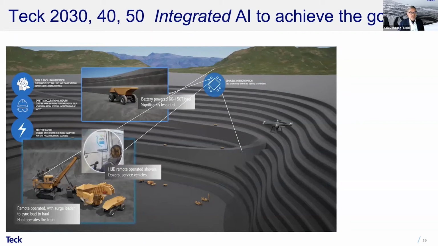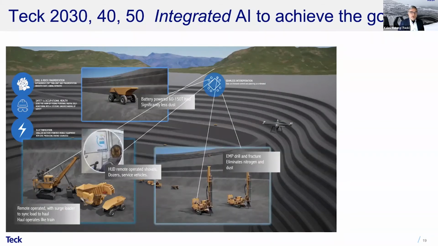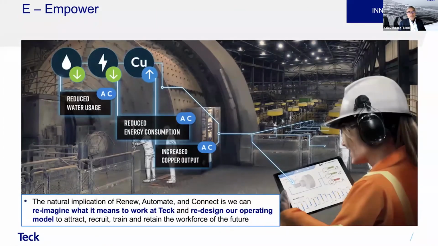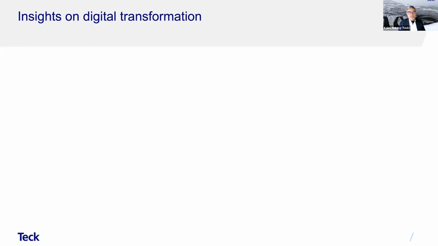And as indicated, every single piece of equipment within the mine requires its own independent thinking capability. Certainly, the whole autonomous work being done around the world right now on autonomous fleets would be applied here to achieve actually a zero GHG mine. But that doesn't come without that interface to people, and what that reimagining means is that we also have to redesign our operating model and redesign how we work throughout that entire process to achieve reduced water usage and energy consumption and copper output in some cases, as well as coal output.